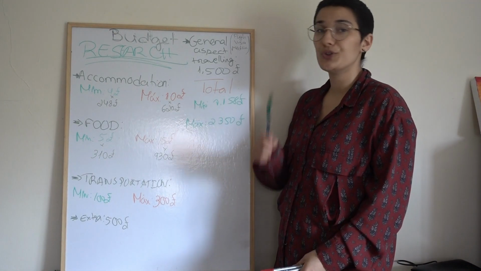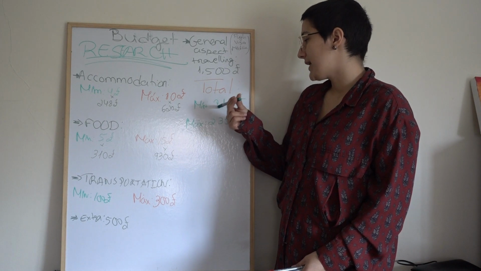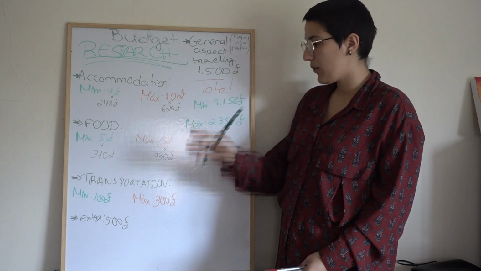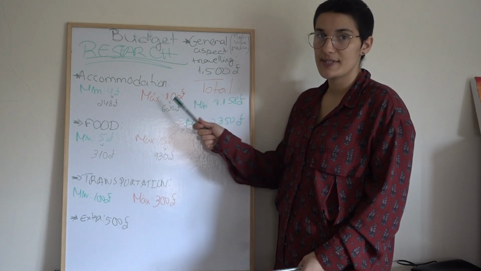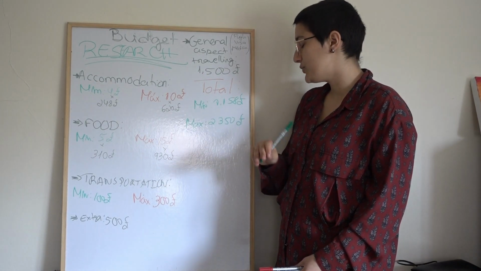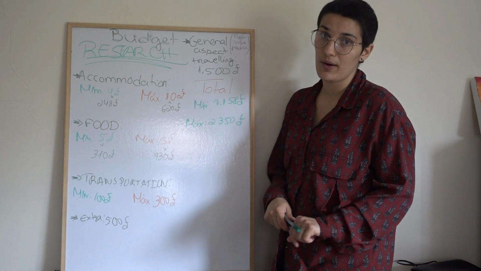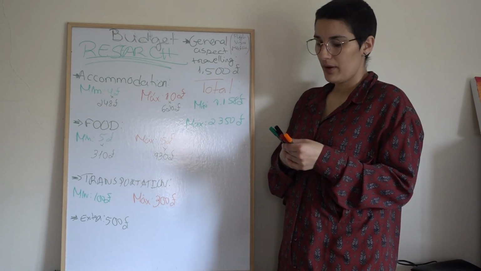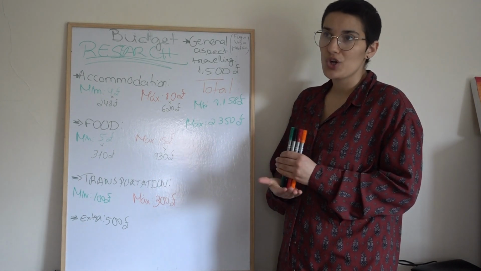I would need for 2 months in Thailand 1,158 pounds, and if I always spend like the maximum, I would need 2,350 pounds. Okay, so extra tip: if you're like me and you have a normal job and you have to